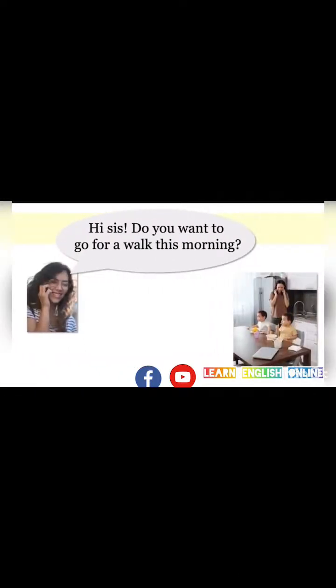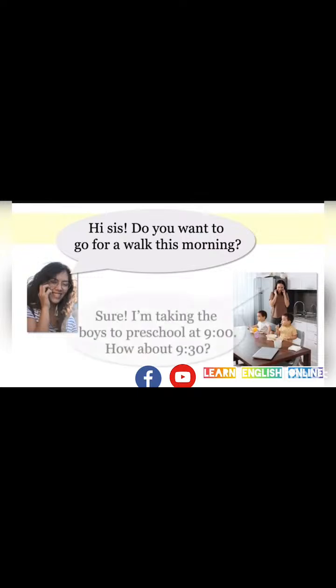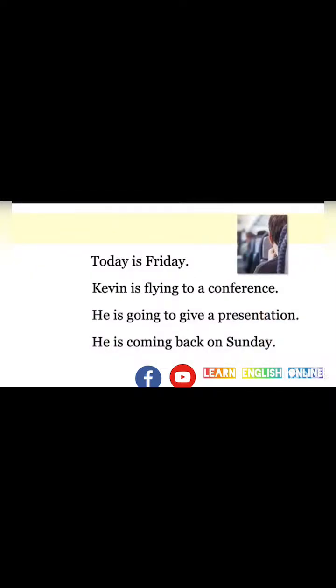And here, one sister calls the other, Hi, sis. Do you want to go for a walk this morning? And her sister answers, Yes, I'm taking the boys to preschool at 9. How about 9:30? And she uses 9 o'clock, a specific time, to show that's her plan, even though she uses the present progressive. Today is Friday. Kevin is flying to a conference. He is going to give a presentation. He is coming back on Sunday. In this lesson, you learned you not only use present progressive